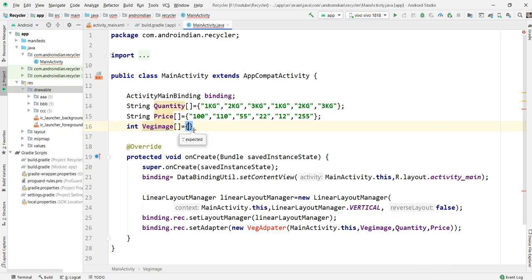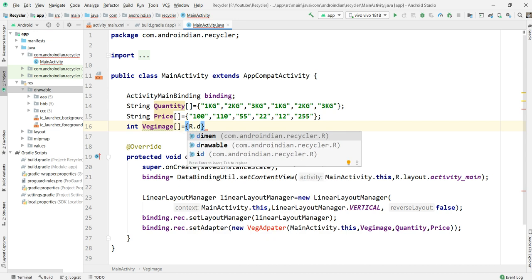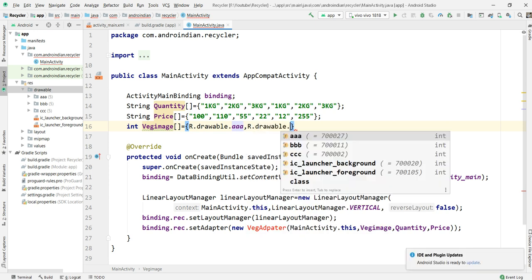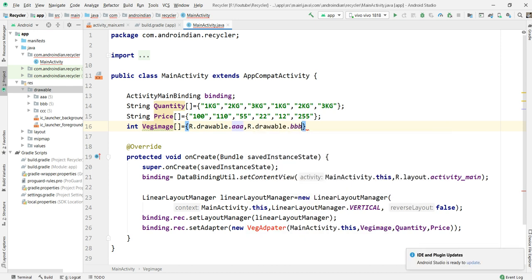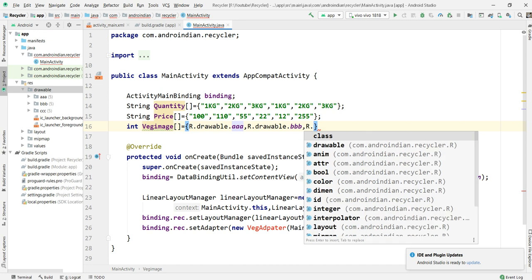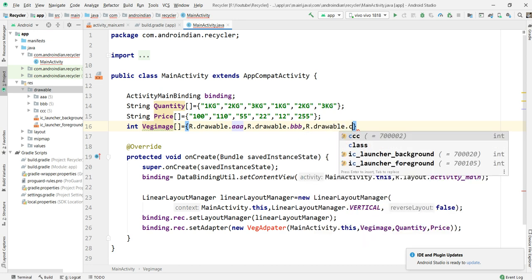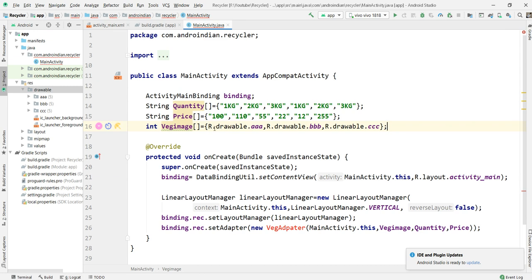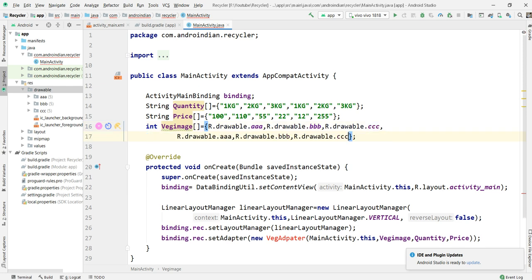Now here I'll write R dot drawable dot a, the next R dot drawable dot bbb, then R dot drawable dot ccc, like this. Because above we have 6, here we must also ensure the array length is the same. So I added the same repeated. Then it's fine.